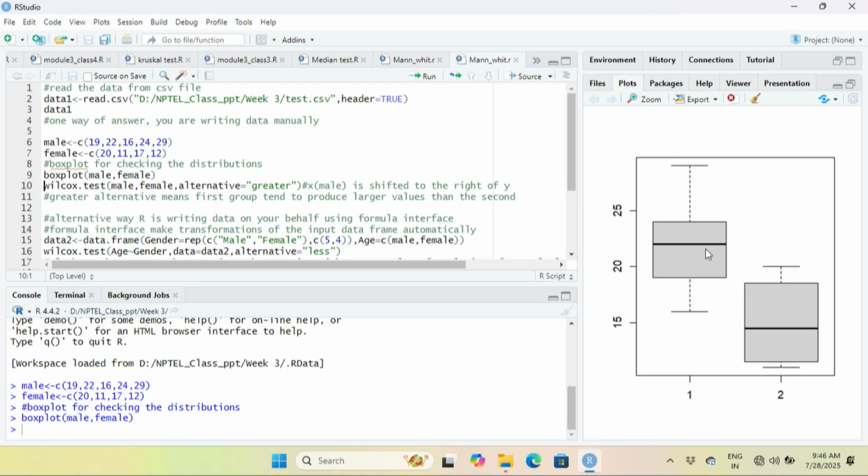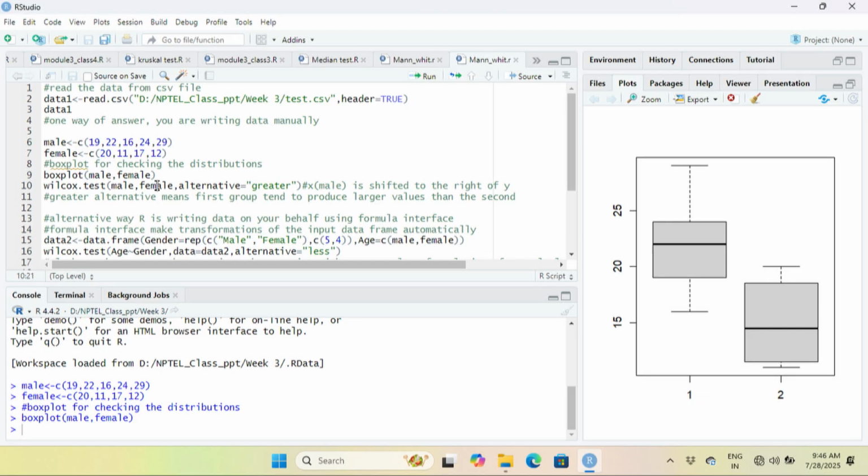So the sample median of the first sample is quite a bit higher than the sample median of the second sample, right? So at the back of your mind, one thing is clear: their medians might not be the same. Now, let us have a clear-cut